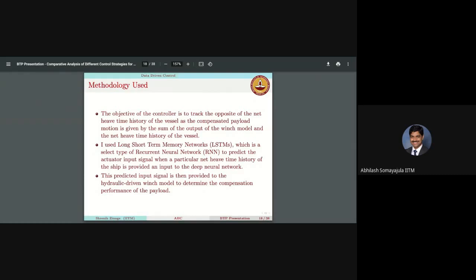The primary goal here was to see whether such networks are capable of producing a control input which can track, or at least attenuate, a constant reference signal provided to it. So that was the primary goal, not using them as a controller directly. You're right, Vallabh, in the sense that if we really wanted to use these LSTMs for control applications, we would have to think about a more innovative approach to getting the training data. That is not within the scope of what he's trying to do. Yes.